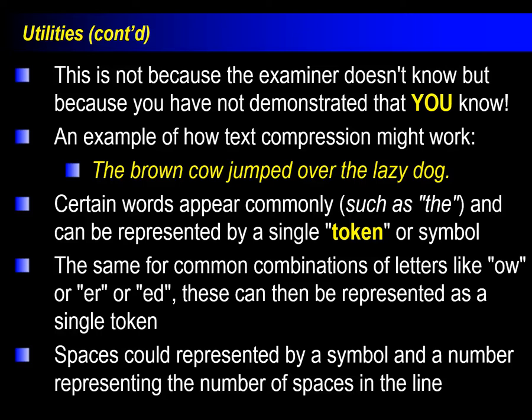Certain words like the could be represented by a single token. So we have the word the twice. Instead of storing the twice, we just say the word the is stored 2 times. Now again, let's say this sentence repeated itself 5 times. Now we can start to see a better compression because the word the would be tokenized, so to speak. But we can go further than just the word. We can look for examples of just the letters OW appearing, or ED, or ER, and we start to see patterns within the text that could be tokenized and therefore compressed.